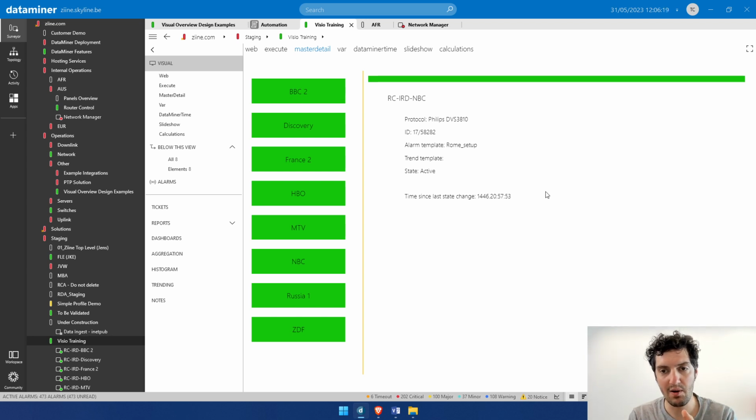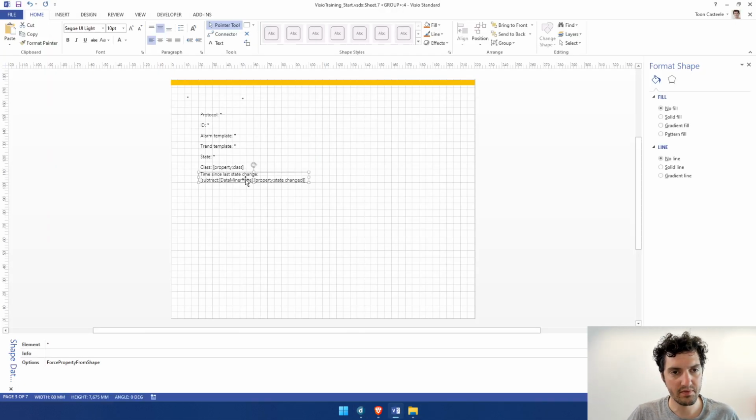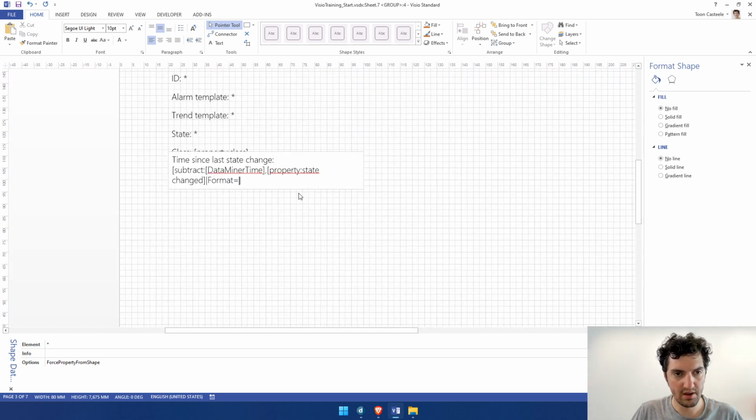And we can see we actually now have a counter constantly updating. Isn't that nice? Of course, it does not look all too great. We have a long amount of days here, which is unclear because it's just separated by a dot, and then we have some counters. So let's give it a nice format, which means at the end of the subtract, we can add a pipe. Format equals, and then the format we want needs to be